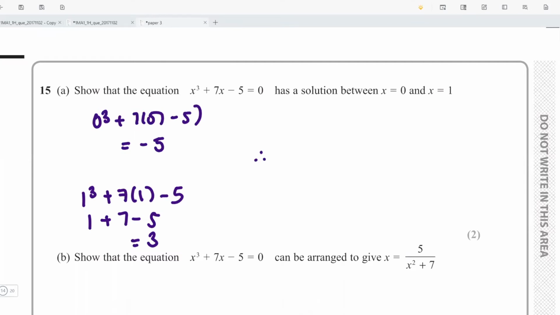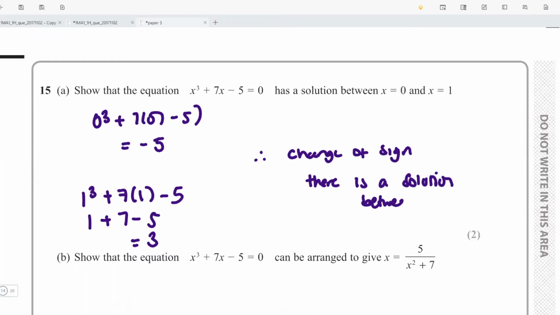And I'm going to write, therefore, there is a change of sign. I've got 1 negative, 1 positive, haven't we? There is a solution between 0 and 1. You have to write this change of sign business, and what you'll notice is there'll always be a positive and there'll always be a negative number when you substitute it in, and that's what you have to write in. Okay,